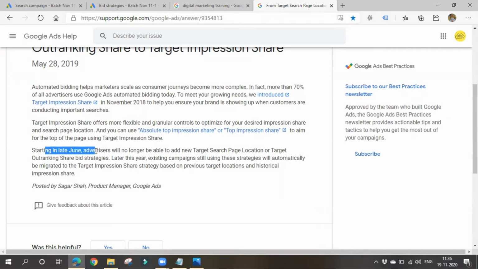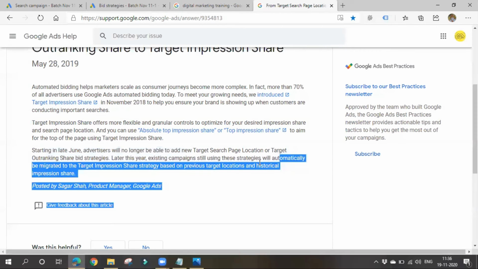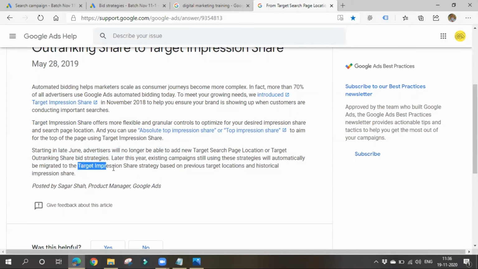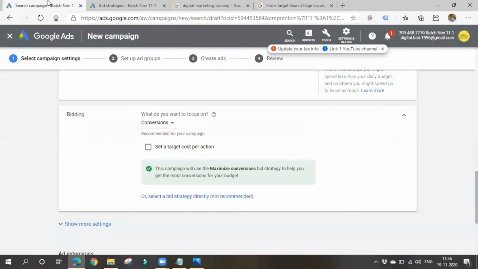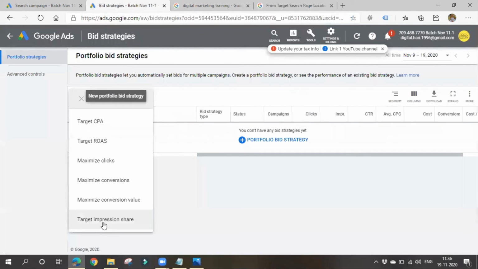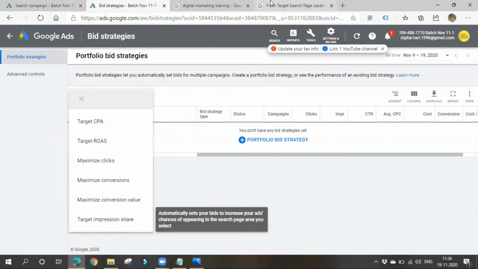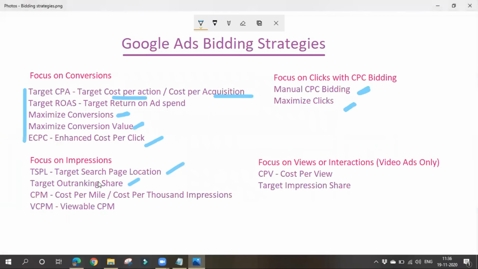Strategies starting in late June, advertisers will no longer be able to add new target search page location or target outranking share bid strategies. Later this year, existing campaigns will automatically be migrated to the target impression share strategy. You cannot see these two bidding strategies, target search page location and target outranking share.